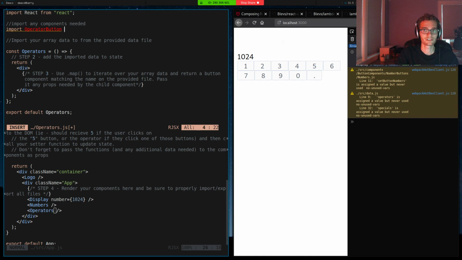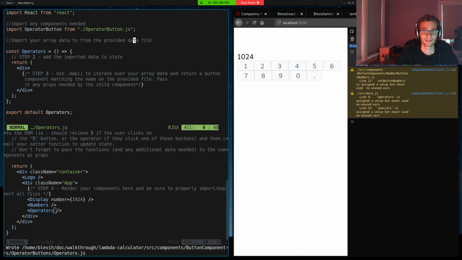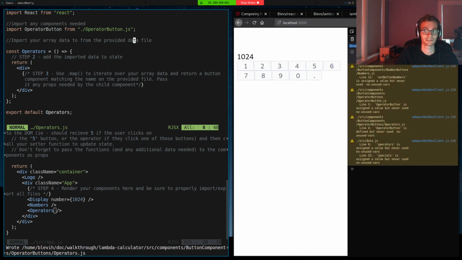I'm going to use it like it's been implemented, even though I have to go out and do that, because this is going to inform me, well, what prop should this take? This top-down approach is another way to clarify some of what I want operator buttons to do. So I'm going to import that, and then I'm also going to need to import the data to make all